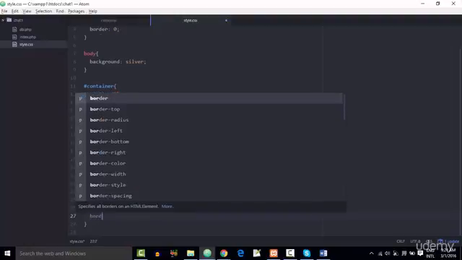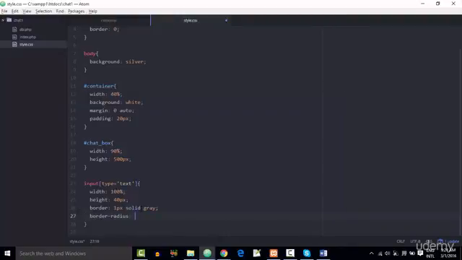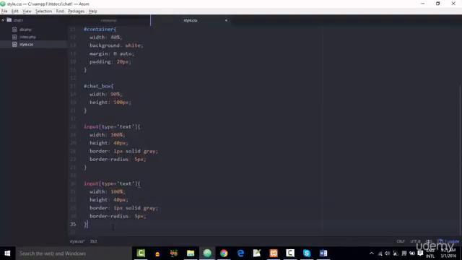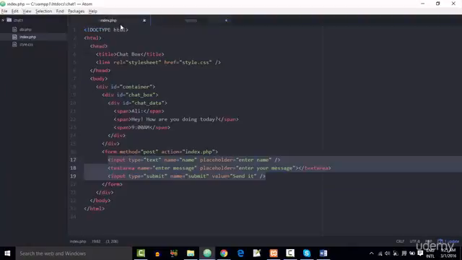Then we will give a border radius, which will be 5 pixels. Now we need to copy this and paste it over here and change the type from text to submit. Now what are we doing here? So basically we first called the input function, which had a type of text, which is over here,